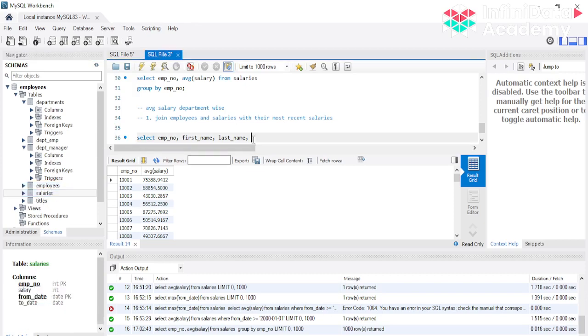with the salaries. So from salaries, what will we take? Let me just write e dot this. We'll use this e as an alias for the employees table, and then we are going to take salary and from date from the second table. So s dot salary and the last column s dot from date